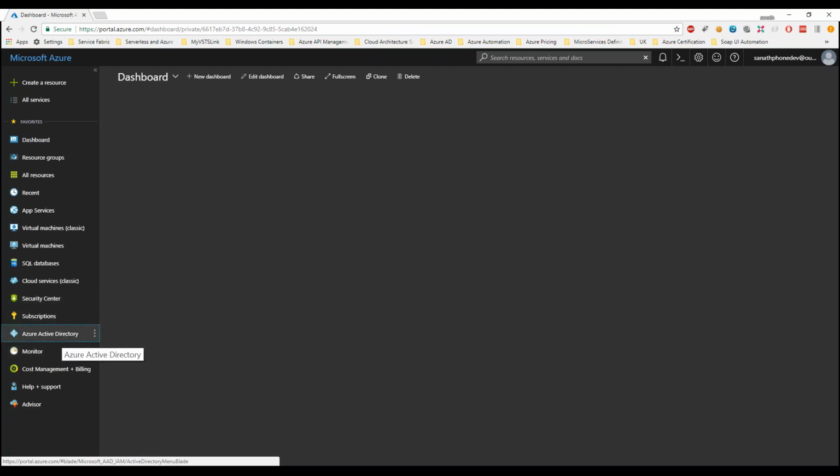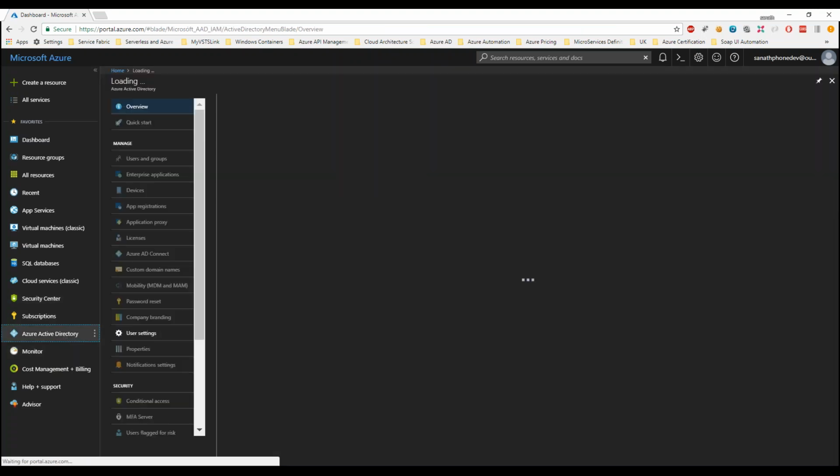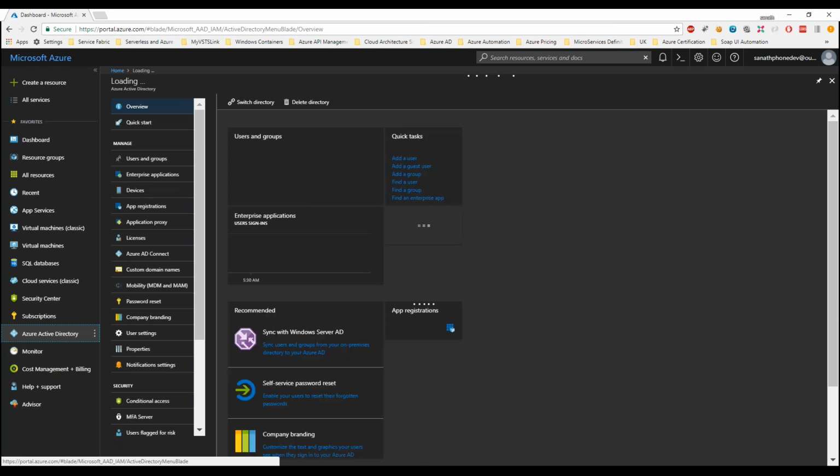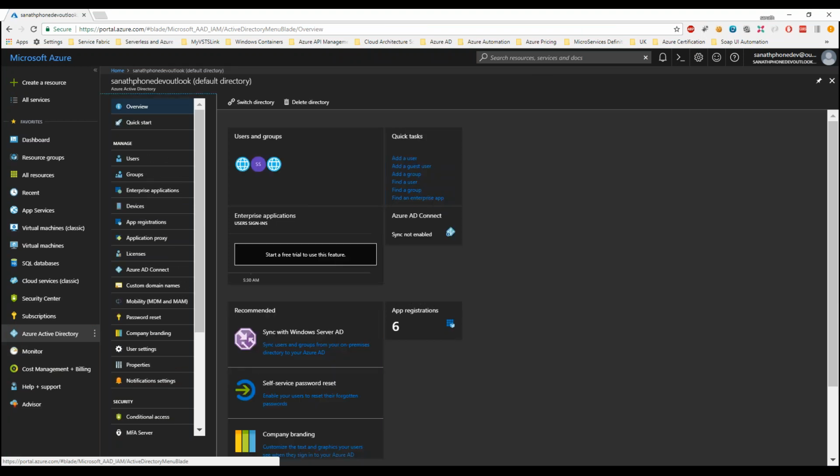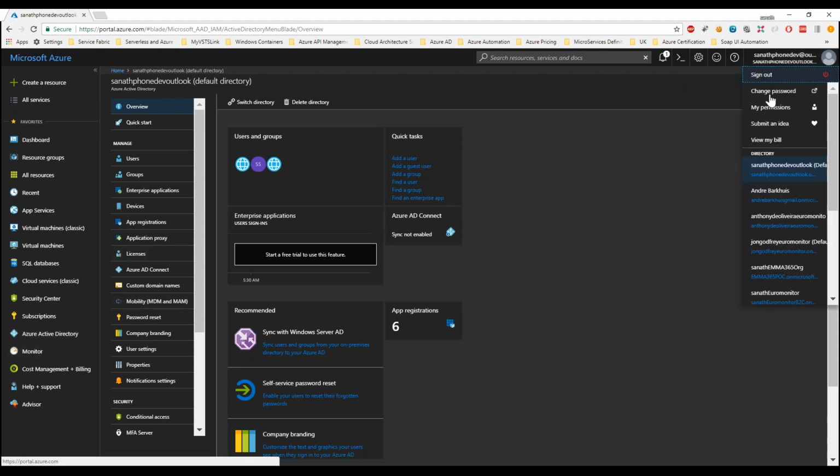I'm gonna navigate to my Active Directory. So make sure that you have your Active Directory permissions. You cannot be a contributor and create a service principal name. You need to have permission to create a user. So you gotta be at least an Active Directory administrator to be able to do this operation. So let me just quickly select an appropriate